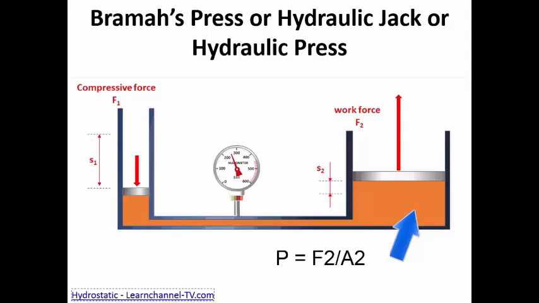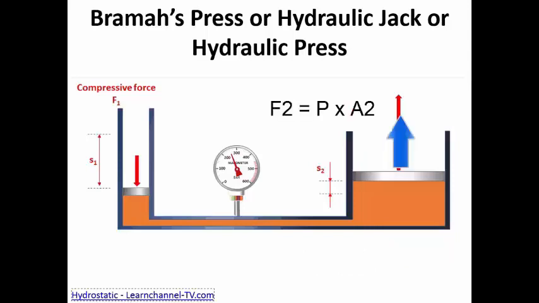So we know that pressure P is equal to F2 divided by A2, or the force generated here, F2, will be equal to P into A2. Since A2 is a very large value compared to A1, you are generating a very large amount of force. If the area is in the ratio of 1:10, A1 is 1 square unit, A2 is say 10 square units, then the force will be magnified 10 times, which means you are applying 100 Newton force here, multiplied by 10, so 1000 Newton force will be generated in the other cylinder.